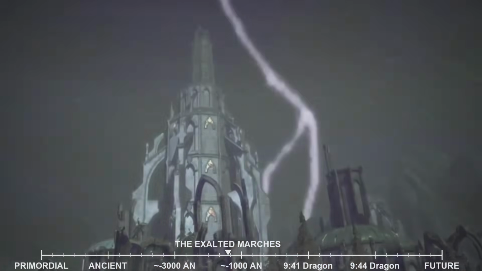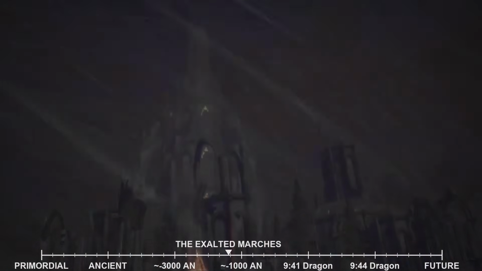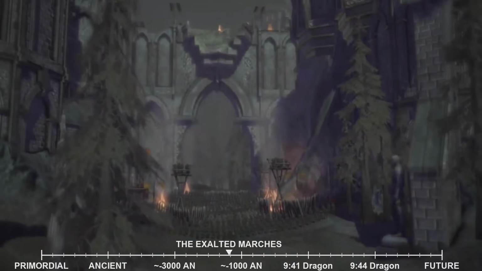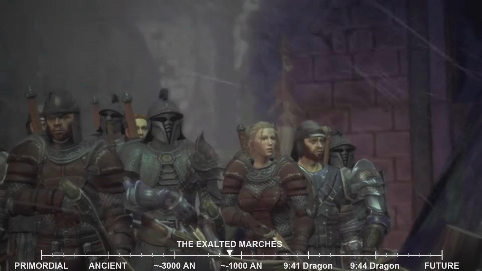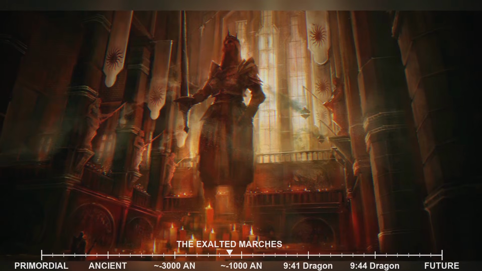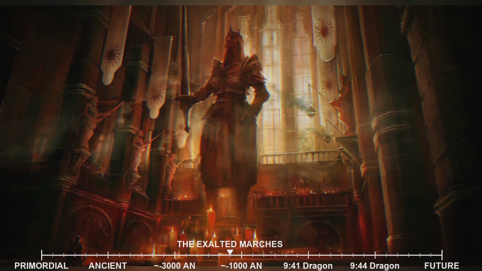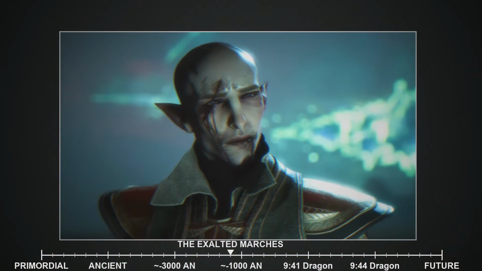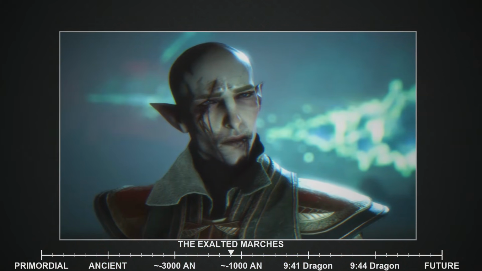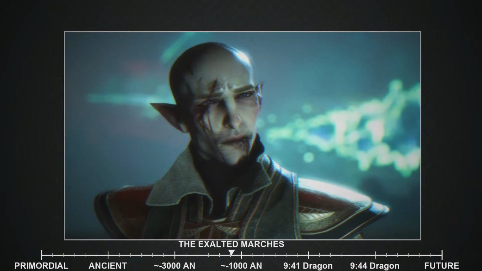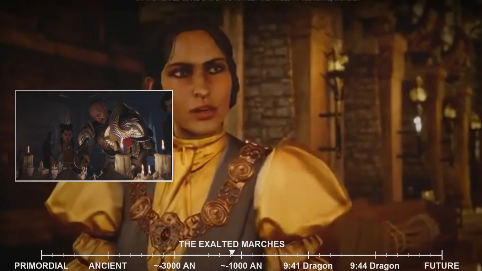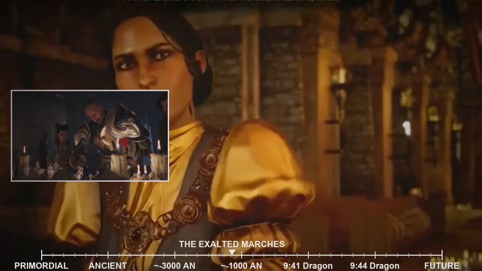For centuries, the Dales, a sovereign elven nation nestled between Orlais and the Free Marches, had maintained its independence, adhering to the ancient elven pantheon and resisting conversion to the Maker's faith. The Chantry viewed this as an affront, a persistent heresy that could not be tolerated in a world increasingly united under the banner of Andraste. The official declaration cited the elves' paganism and their alleged refusal to share resources as justifications for the Holy War. The true motivation, however, was likely a blend of religious zeal, political ambition, and a desire to consolidate power.